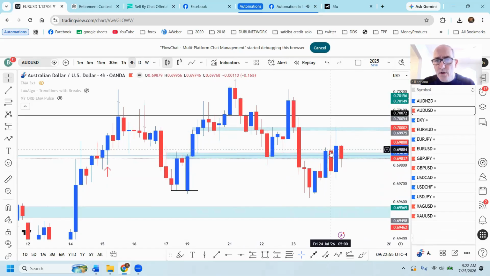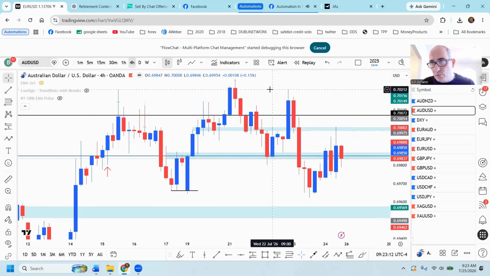And so when I look at this here, if this is the lower low right here, if this is the low, then this is our high. So I'd basically be bullish. I'm sorry, I'd basically be bearish on AUD USD until this area up here gets broken with a break of